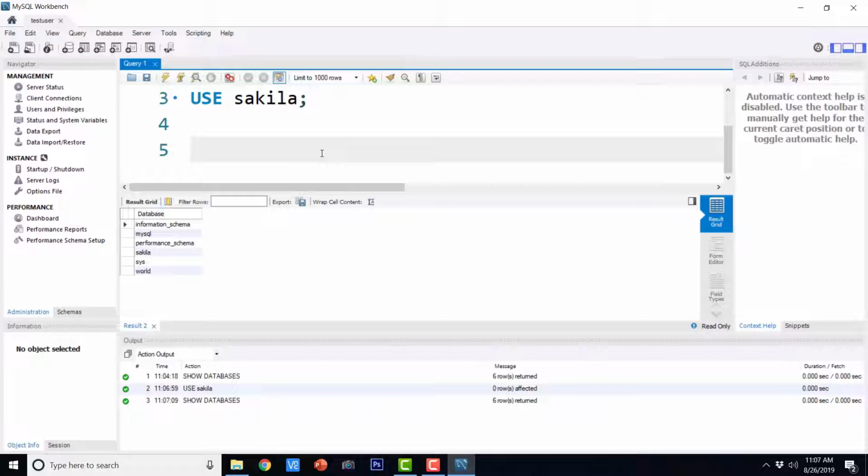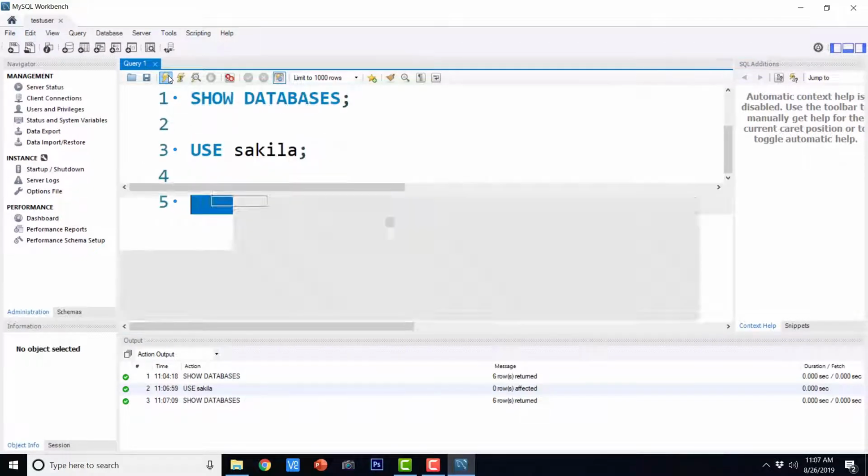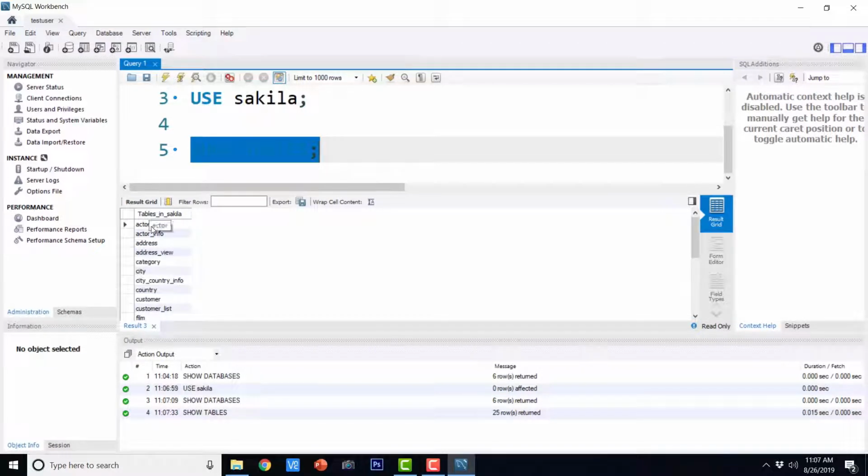Now I can just go ahead and see the list of tables with the command show tables. And I will execute this. And these are all the tables in the Sakila database. So here we have the list, and I am scrolling up and down the entire list. Now here we have a table known as actor.